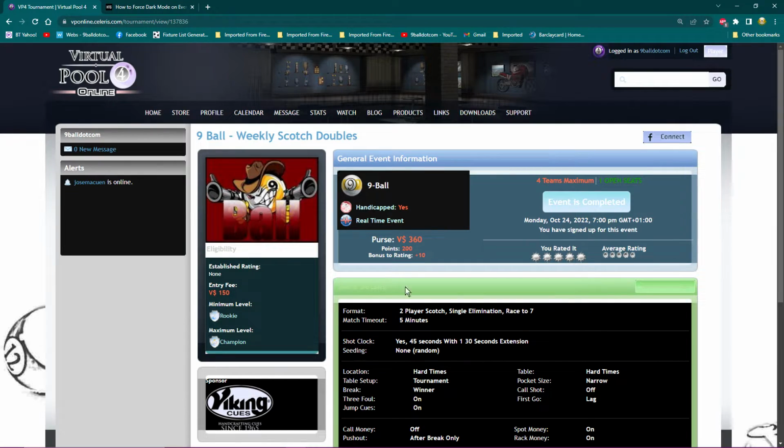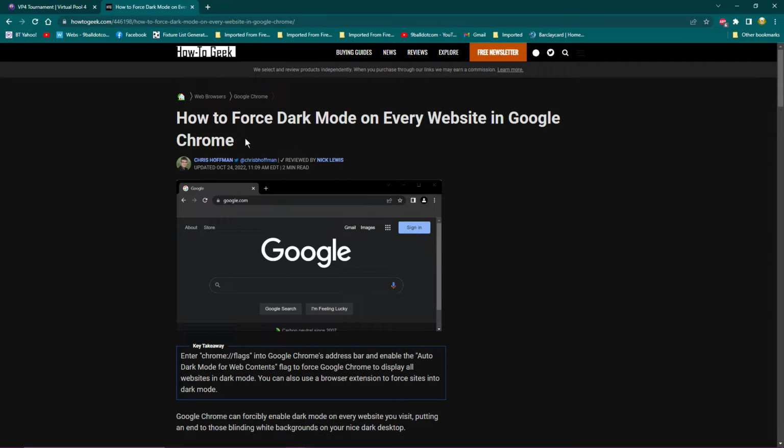Now, the one thing to bear in mind, if you enable this dark mode, it's enabled in Chrome, but it's enabled in a hidden experimental feature that is in Chrome. And I'm going to show you this. I found this by Googling it. It says how to force dark mode on every website in Google Chrome. And the first thing you need to do is to copy that text there, the Chrome flags text. If you copy that